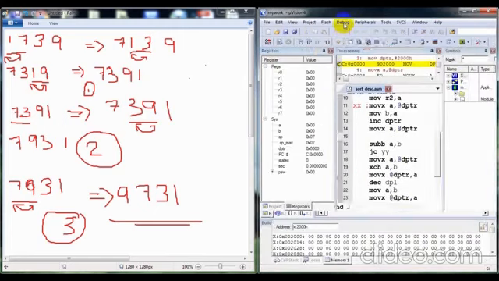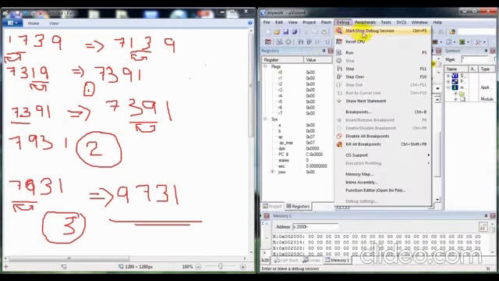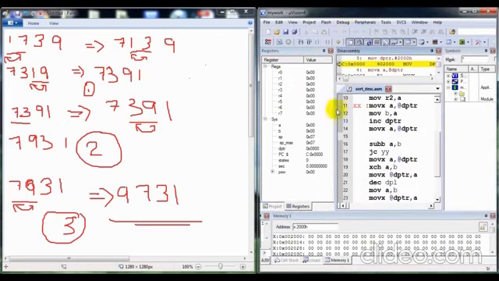Under debug, start or stop debug session. Click on that, we will get this. Now we have to give values. We can check these numbers. Here are 4 numbers, so at 2000 we have to give how many numbers are there in that particular array. From the 2014 location we have to give the data. Here 1, then 7, then 3, the last one is 9.